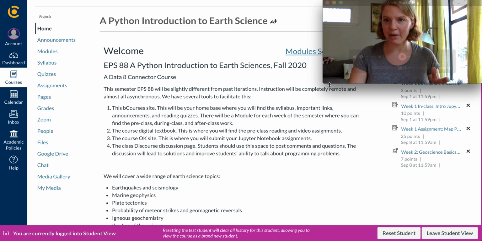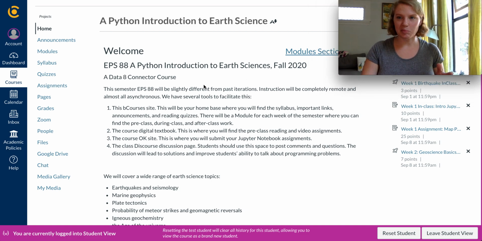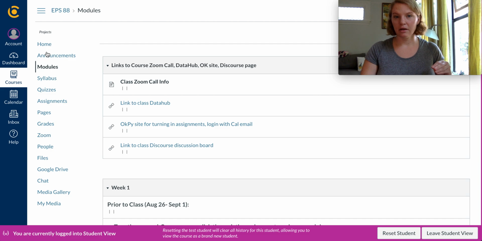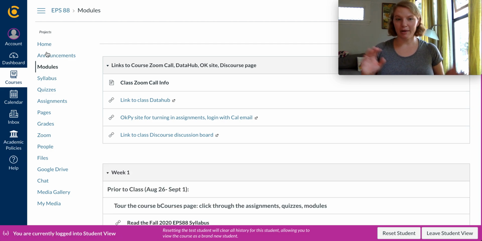So this is the front page of the B courses page, where there's a bit of description about the class, but the module section is where you're going to find your main workflow for the week. You can get to that through this link, the module section, or over in the side tab for the modules section. Each week there will be a module that's going to walk you through